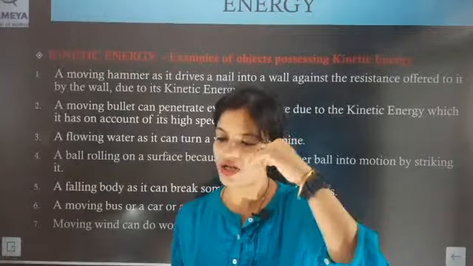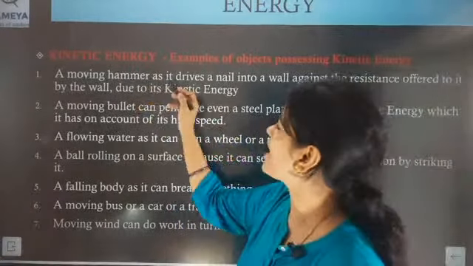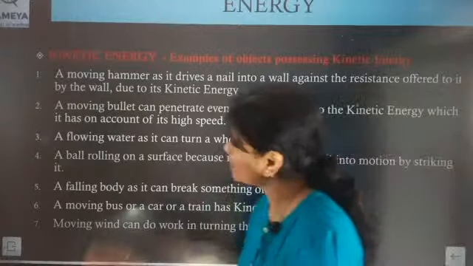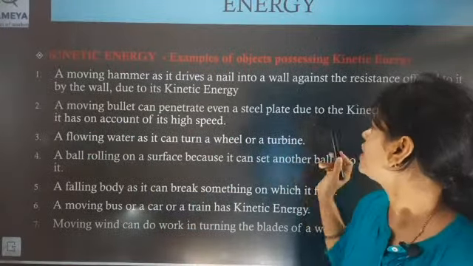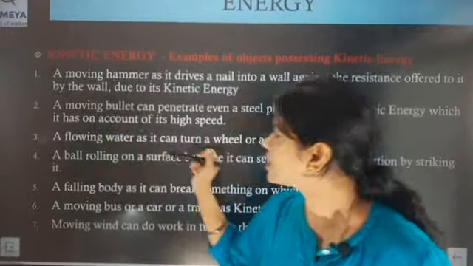The force will allow the nail to go inside the wall. So there is also something: a moving hammer drives a nail into the wall against the resistance. That is a very important point. A moving bullet can penetrate even a steel plate due to the kinetic energy which it has on account of its